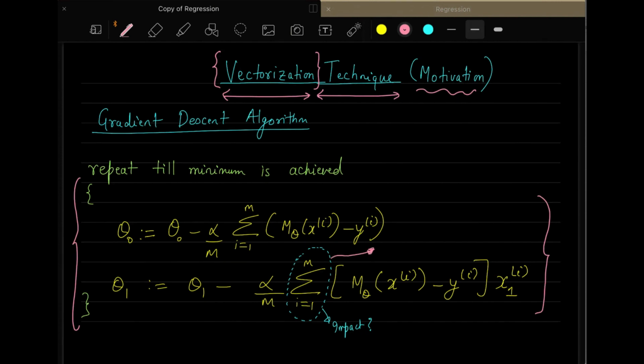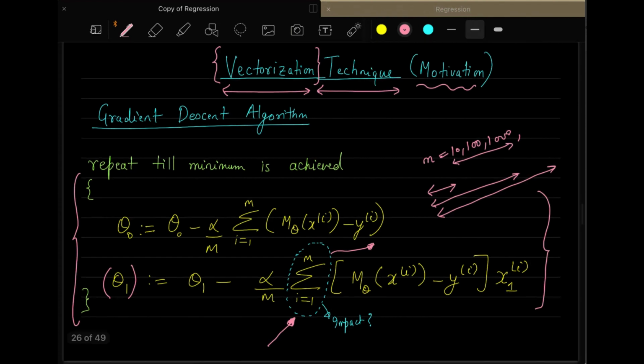That is one of the biggest disadvantages, because if the training examples are few, let us say 10 or 100, or maybe 1000, then it is still okay. But as you increase the training size m to a million examples, this summation will slow down the process of updating the theta values. It takes time. You can calculate it yourself also. If you multiply two vectors and keep increasing the vector length, then do the multiplication and the addition, you will observe that it slows down. I will explain this here.